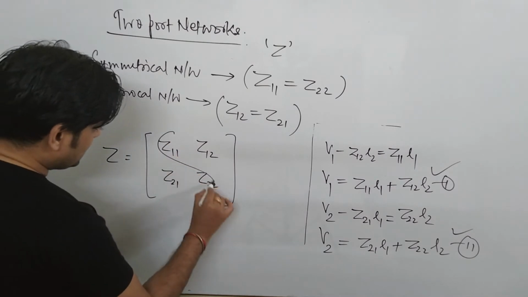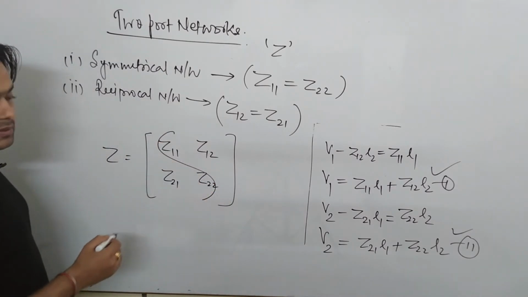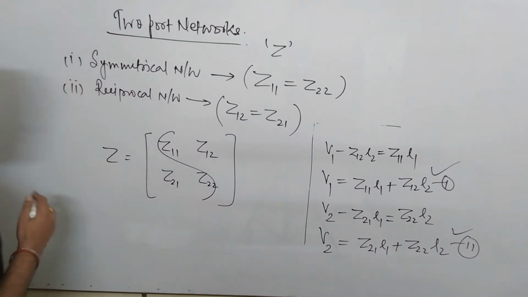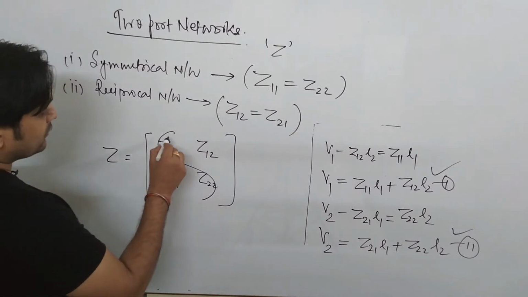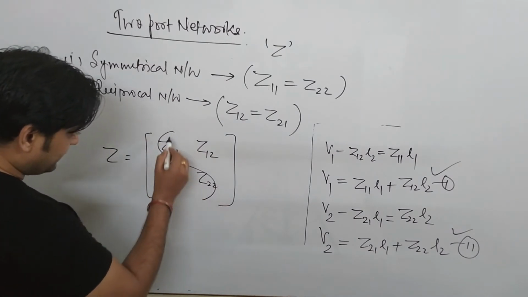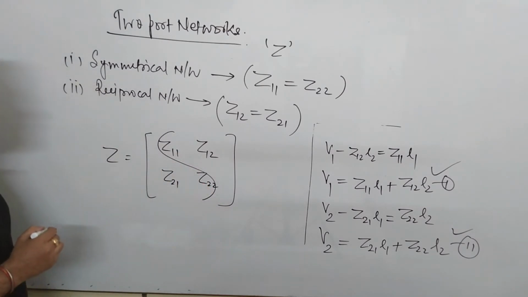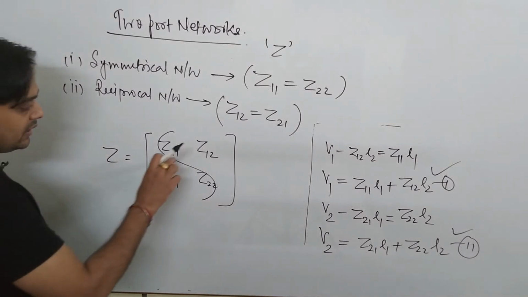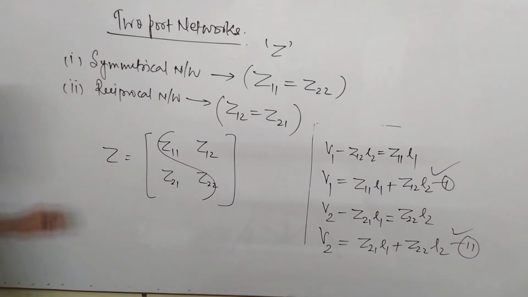So if this is equal, I just make an S to remember, because when all the six parameters are covered, sometimes confusion is created. So just to understand, it's a kind of trick. Here you make an S. This S represents that if these two parameters are equal, it is referred to as a symmetrical network, and if these two remaining parameters are equal, it is referred to as a reciprocal network. So this is the condition of a symmetrical network and a reciprocal network.